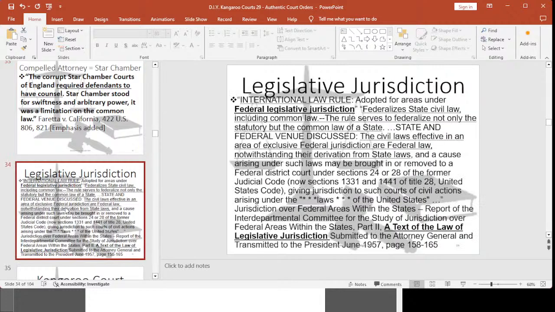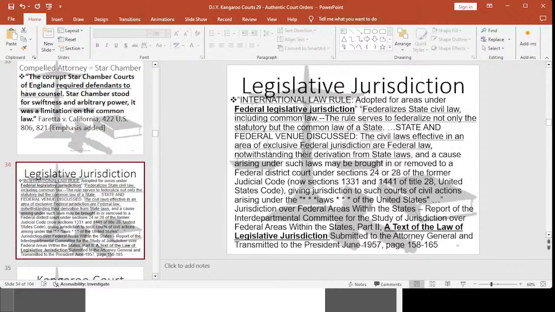International law rule, adopted for areas under federal legislative jurisdiction, federalizes state civil law, including common law. It's all international law, if you think about it. You're under the Commerce Clause. It's all Article 1, Section 8, Clause 3. They're bringing the District of Columbia outside of 10 miles square in violation of Article 1, Section 8, Clause 17. Anyways, federalizes state civil law,